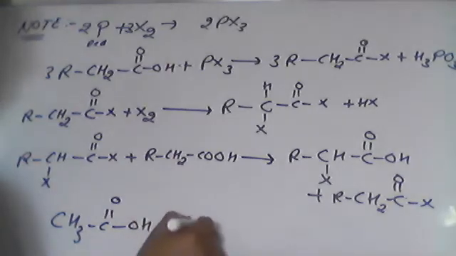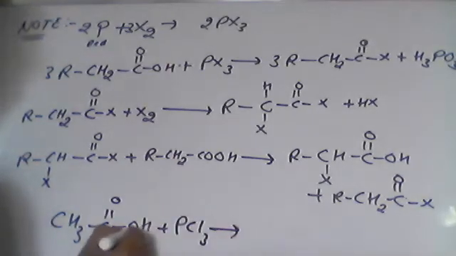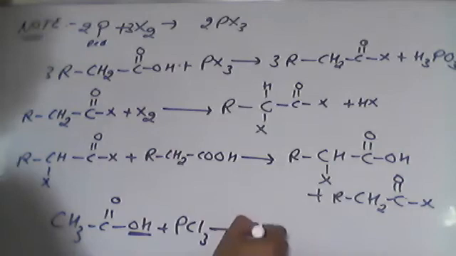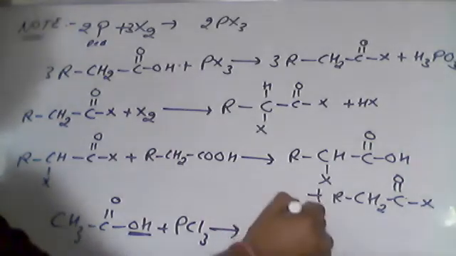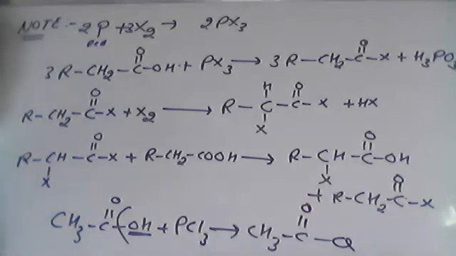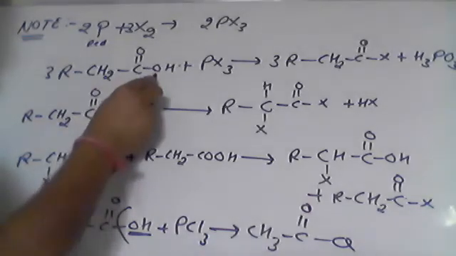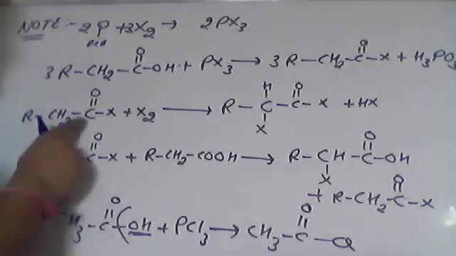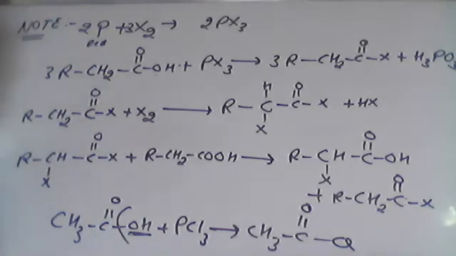If I am going to react this one with PCl3, then this OH is going to be replaced. The reaction of carboxylic acid is going to happen. That is due to this product being formed. This bond will break. So that's why first this will take place. Once this substitution takes place, then it will attack on the alpha. Otherwise, it will not attack. This is only due to the red phosphorus. Okay, Paras?